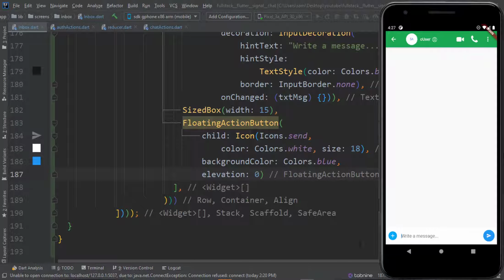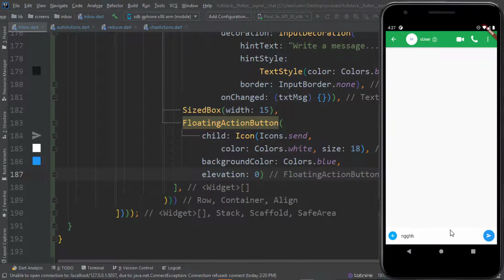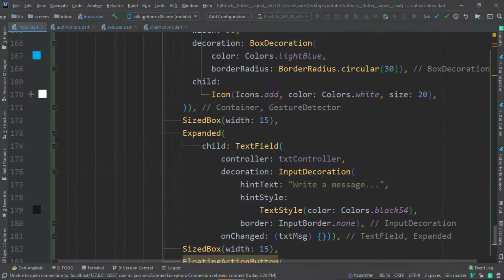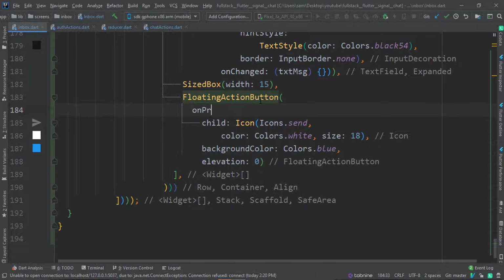So right here you could see that nice looking send and also the gesture detector for, like, maybe you want to add something like images, you want to attach it. So everything is working fine. When we type, we can definitely send. So what I want to do next is whenever we tap on that send, I want to clear whatever is inside our input. So in this floating action button, I'm going to add the onPressed,